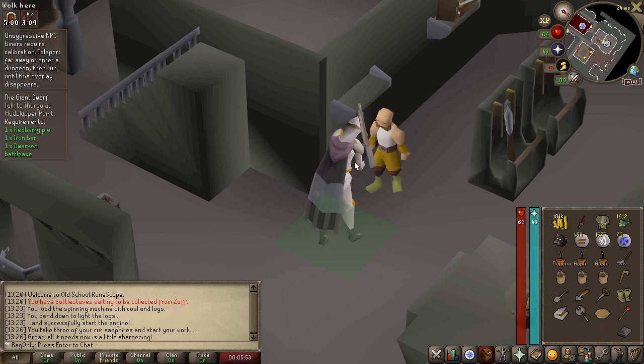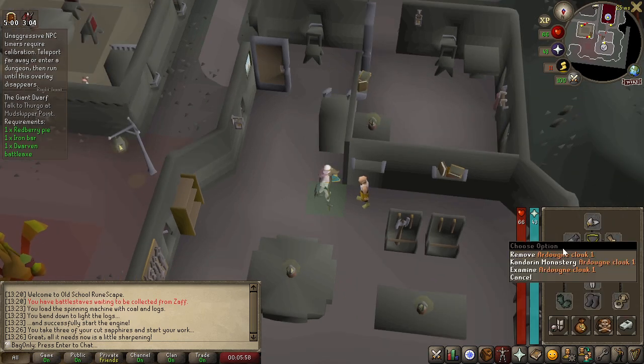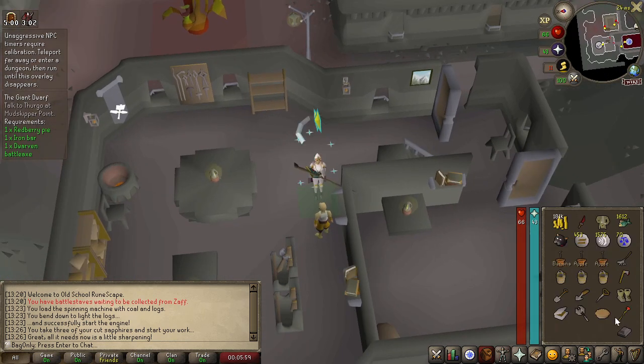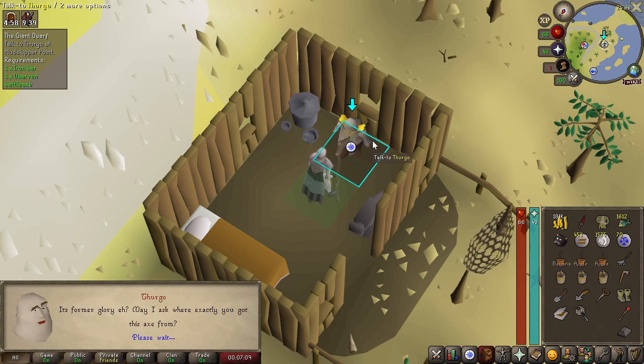We did find the sapphires, they were at the RD gem store, just had to hop a couple of times. So now what we need to do is go see Thurgo. He does love his pies, bless him. I mean, really we're enabling someone with a serious problem, but he should fix the axe